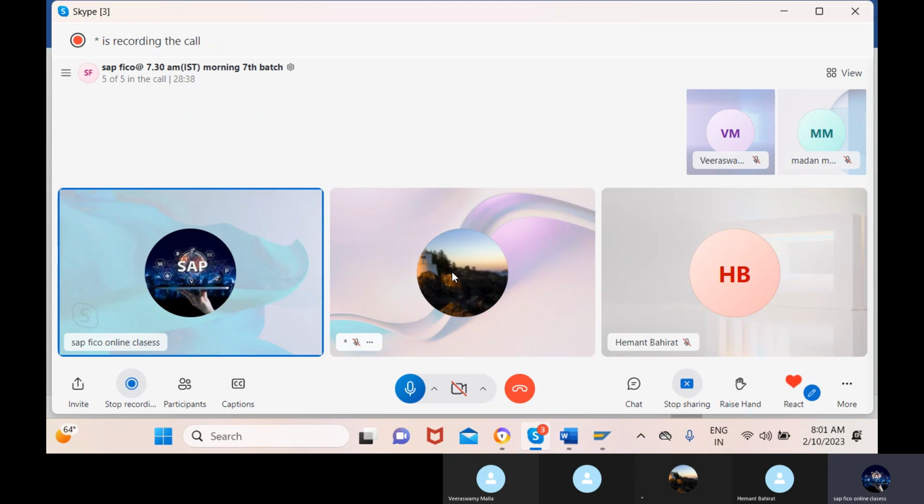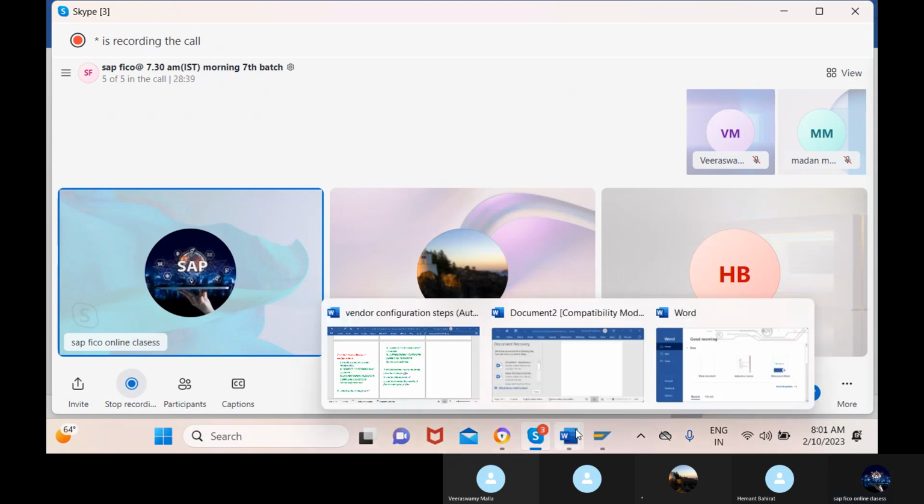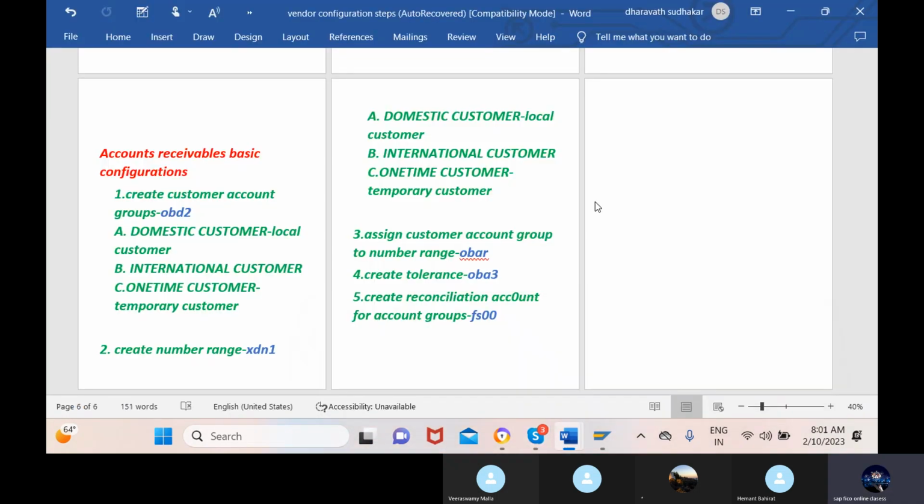Now we have one more thing, reconciliation account. Okay, reconciliation account. Here, reconciliation will act as the main account, and under it you can find